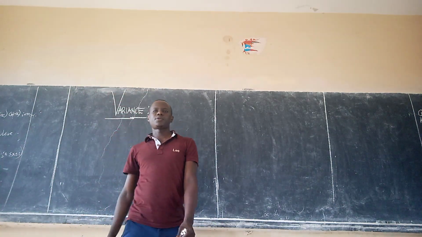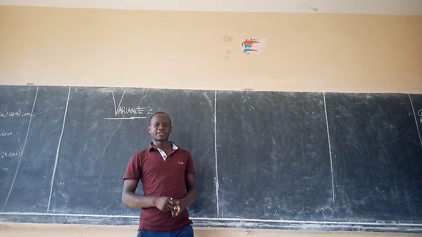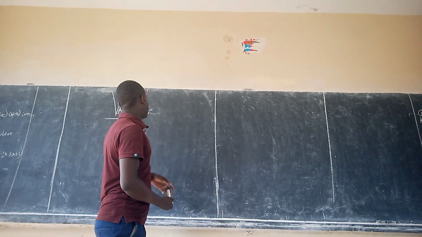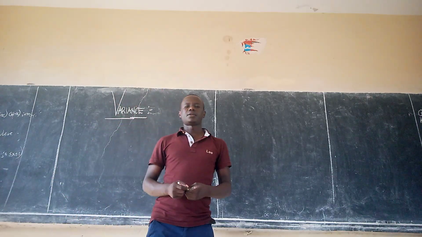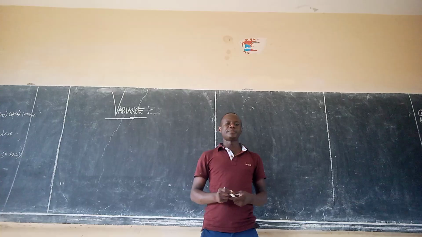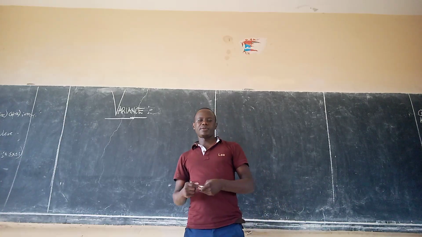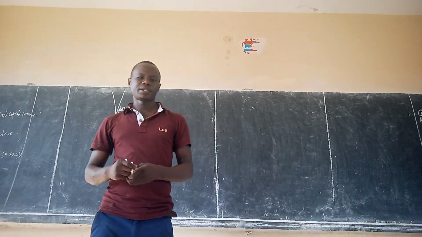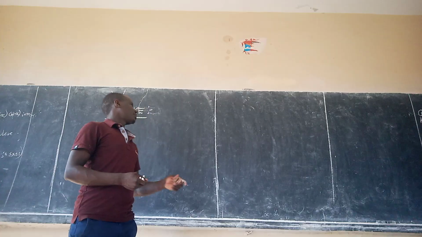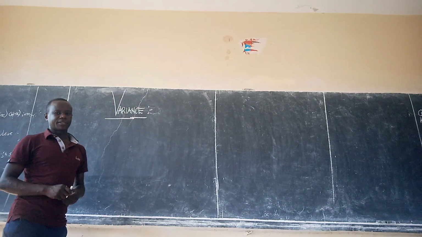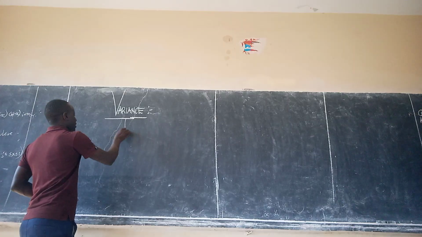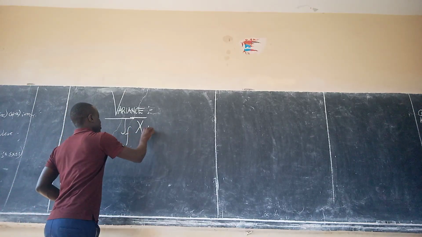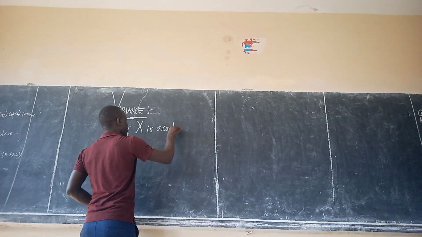Yeah, we are now going to cover what we call variance of a continuous random variable. It can be capital X, capital W, whichever variable is used, but we want to get the variance of such a variable. So we want to say that if capital X is a continuous random variable,